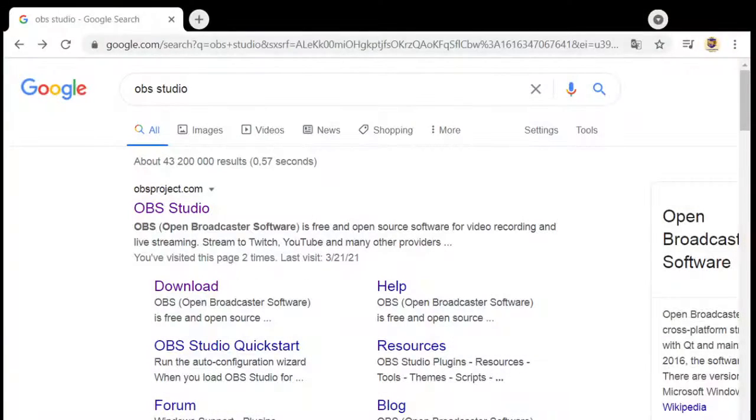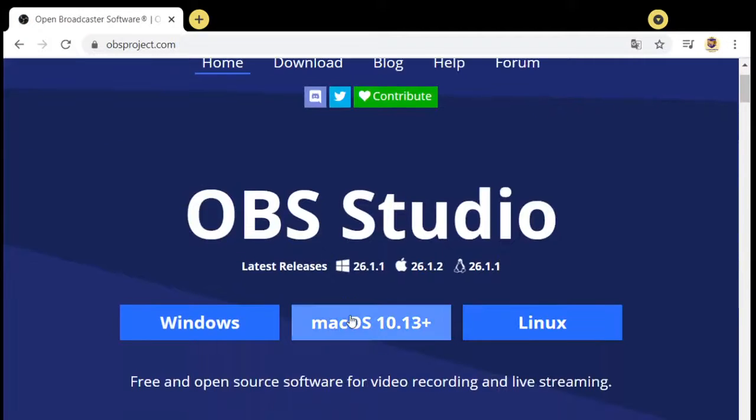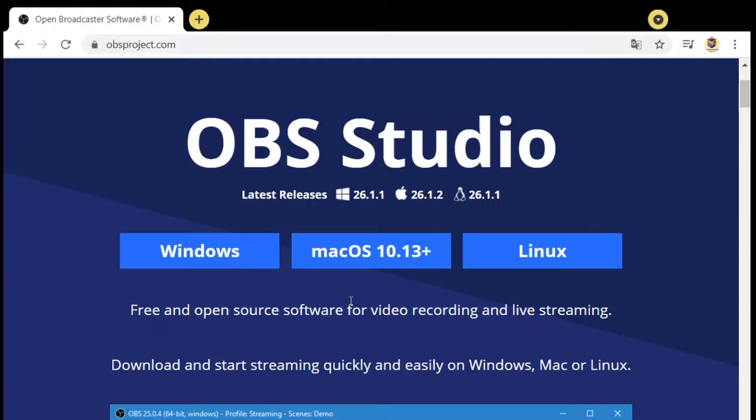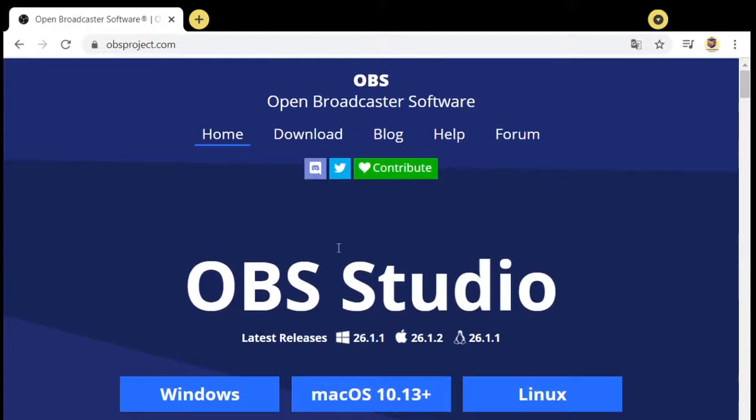So for you to use OBS Studio, first and foremost, you need to go to Google. You type OBS Studio, click on OBS Studio, and then download it. You download it depending on the Windows version you are using, your operating system. And once you have done that,